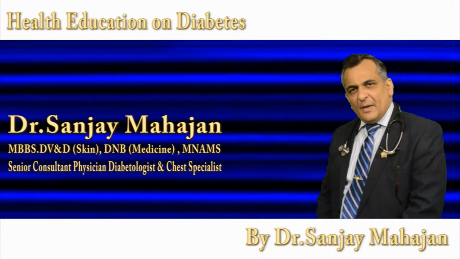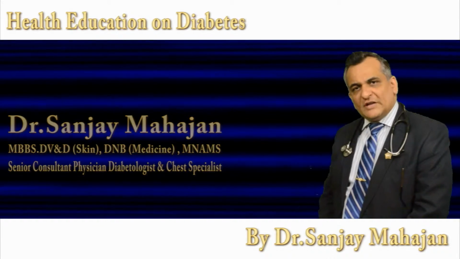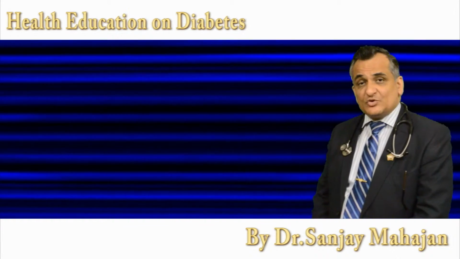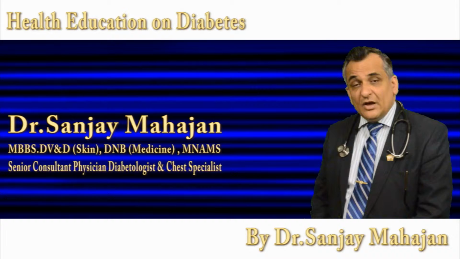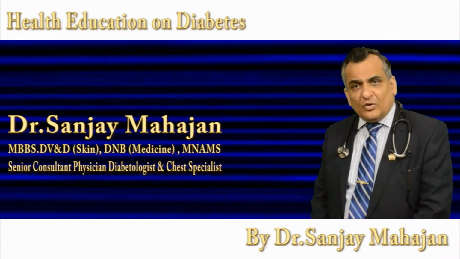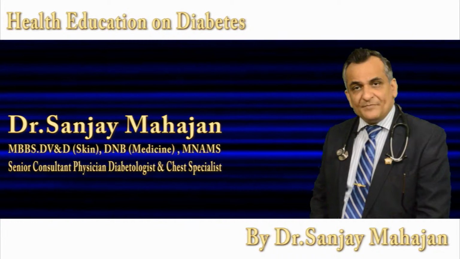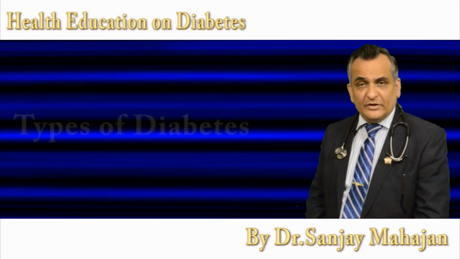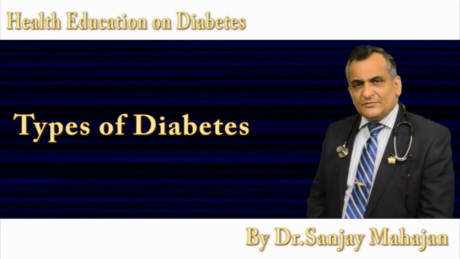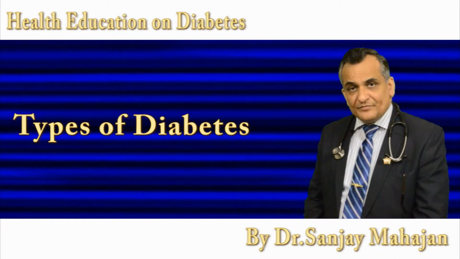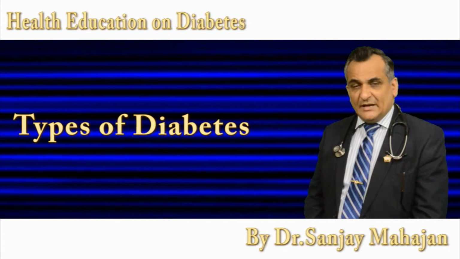Hello friends, we all know what diabetes is, and having known what diabetes is, it comes to our mind daily when we listen to type 1, type 2, secondary. What are the types of diabetes that are prevalent? I think it's very imperative to know what are the types in various forms. Diabetes for all practical purposes could be divided into three types: type 1, type 2 and secondary diabetes.